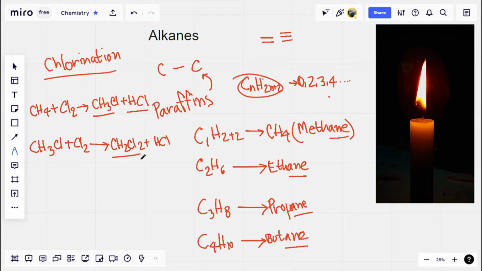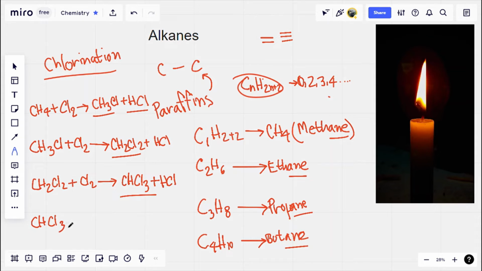This is dimethyl chloride. So again, if we pass chlorine gas on it, we would get CHCl3 plus HCl. This is trimethyl chloride, and